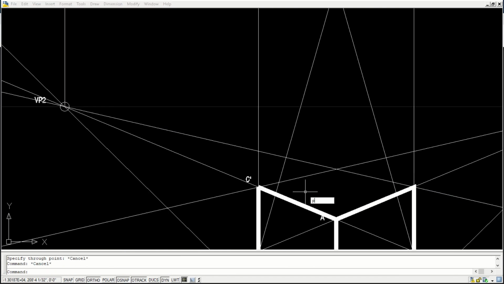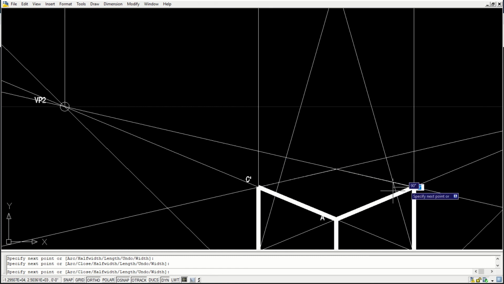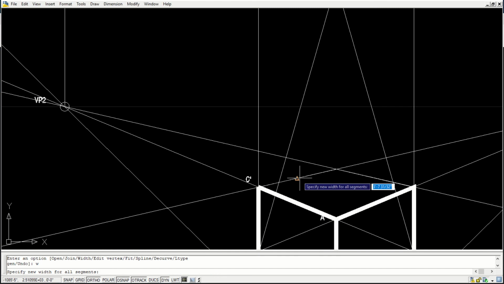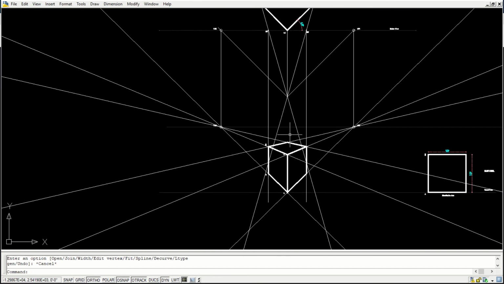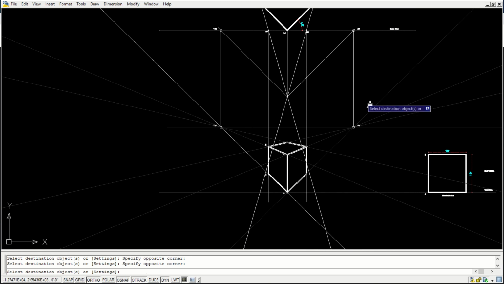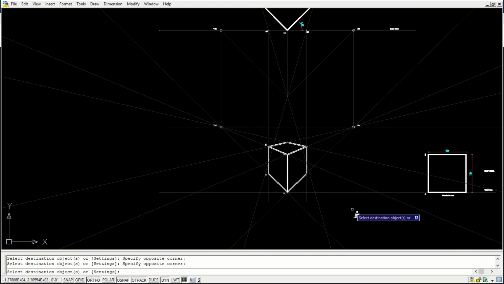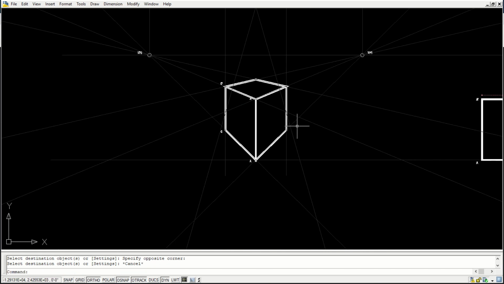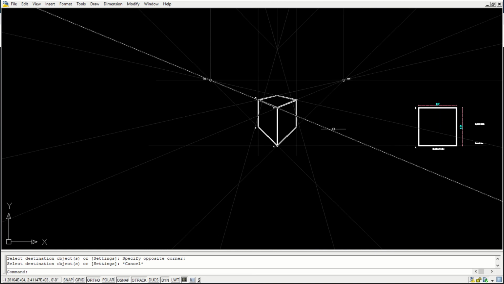So this part also we have got. Let me put everything in gray line. So we have this object in place.